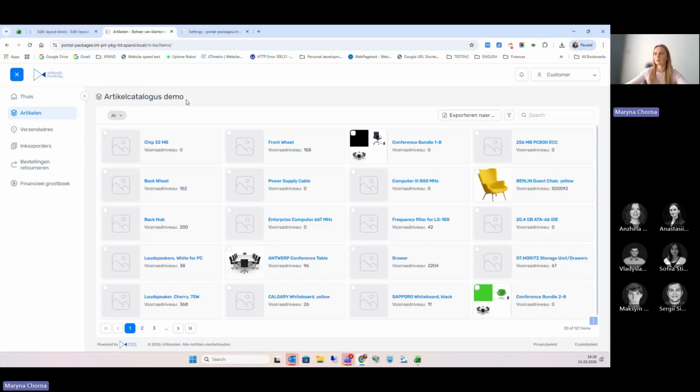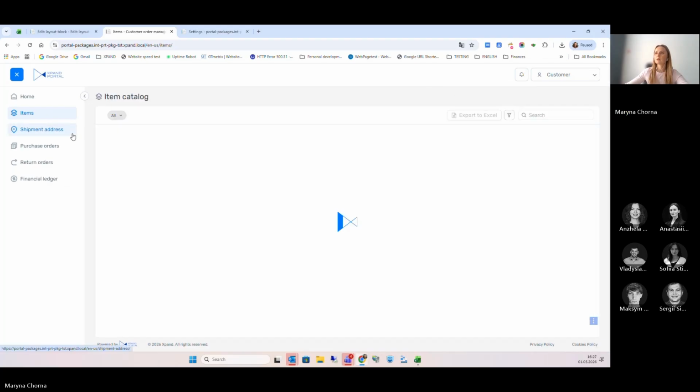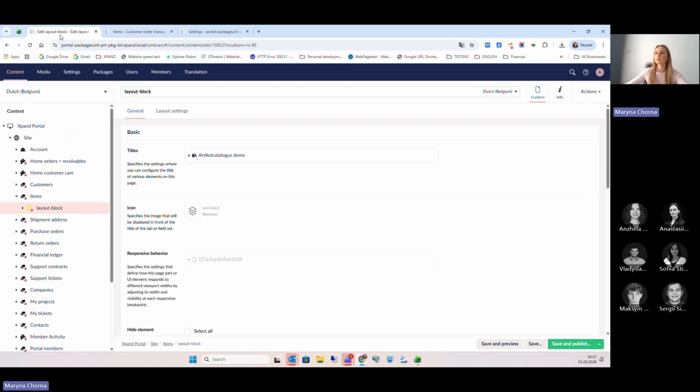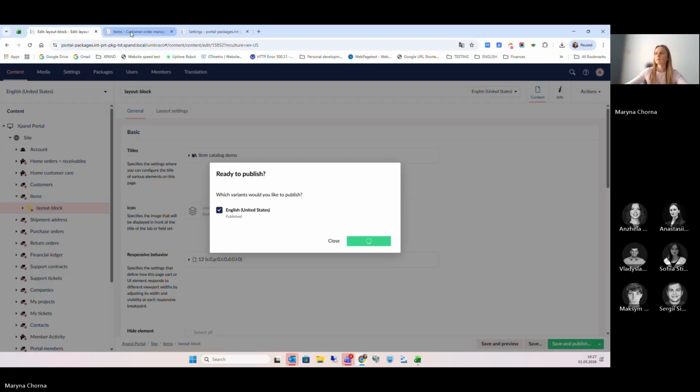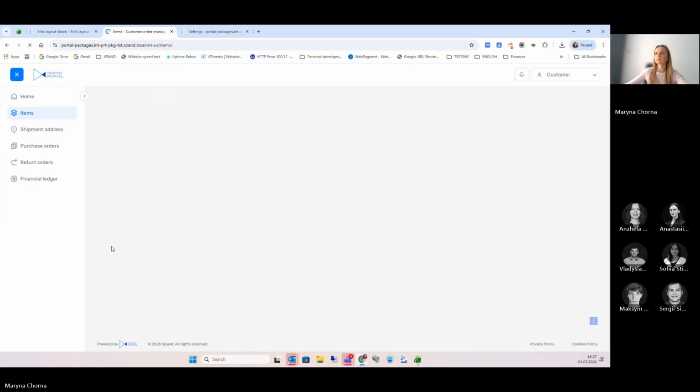So here, as you can see, the layout caption has been updated for the Dutch language and for English language as well. Must be updated. Here you can see